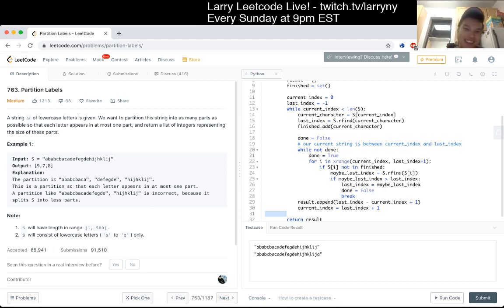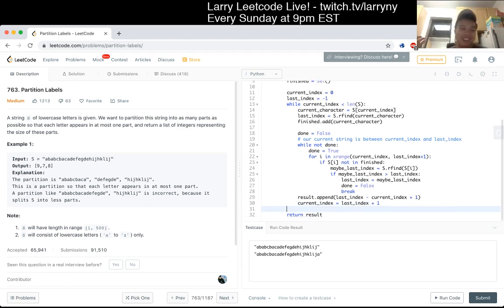But that's the problem with greedy problems for me anyway, is that it's not always clear that greedy is correct. Maybe I need practice on that though, so maybe that's just me. Cool. Yeah, so I think that's all I have for this problem. Let me know if y'all have